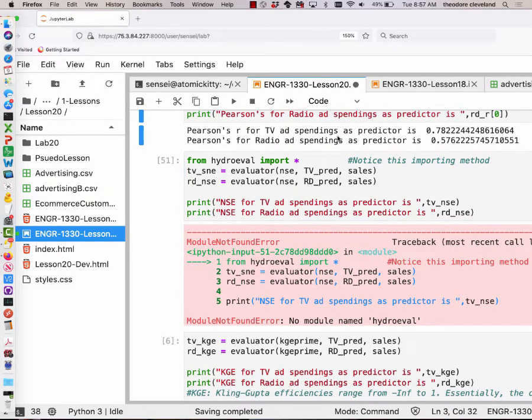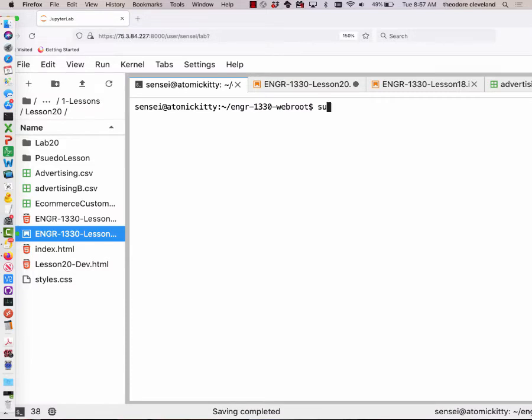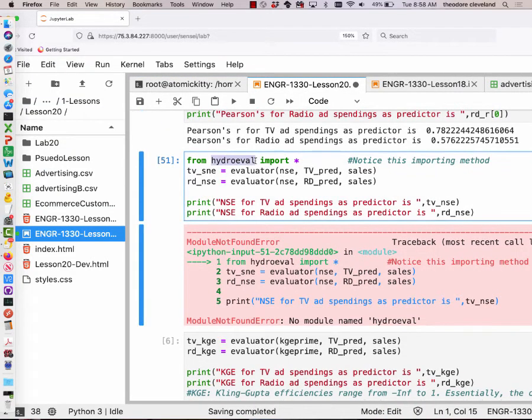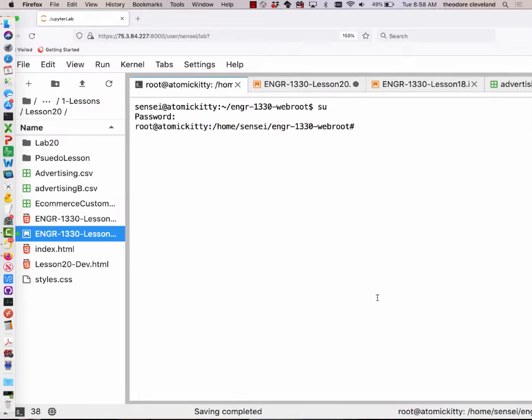So what happens when you import something and it doesn't work? Remember what you have to do? On your computers, you can probably do this directly in Anaconda. What is my password? No, I'm not that dumb anymore. I've got it. Okay, so now I'm root and I need to get the